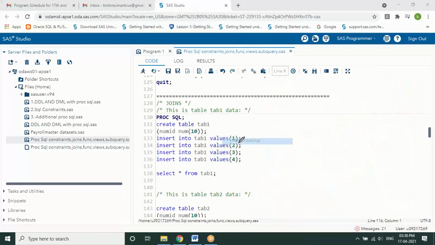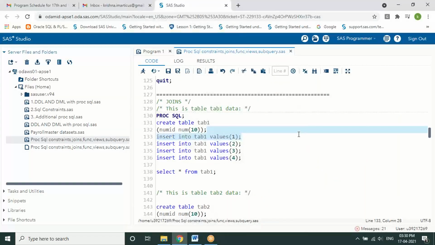So please try to look into the joins part on the document which I've shared with you. For me, it's line number 28. You can check because I've added a few lines of statements here. See this one, the joins. Everyone can try to work on them. So proc SQL, I'm going to create one table called tab1 with one column in it. I'm not going to create many columns because it would create some confusion for people who are new to joins. So let me first create this.